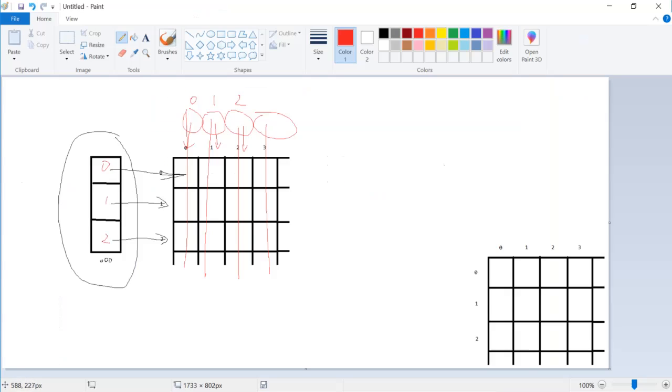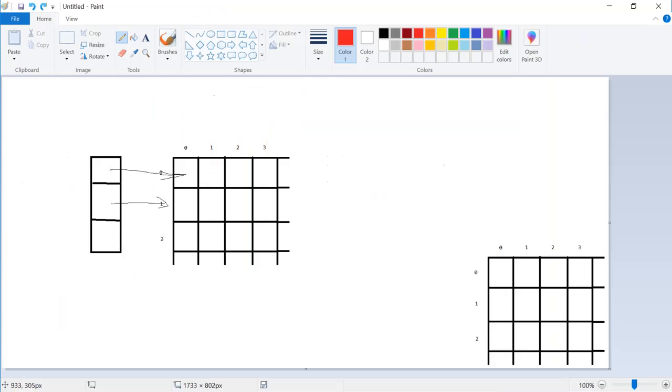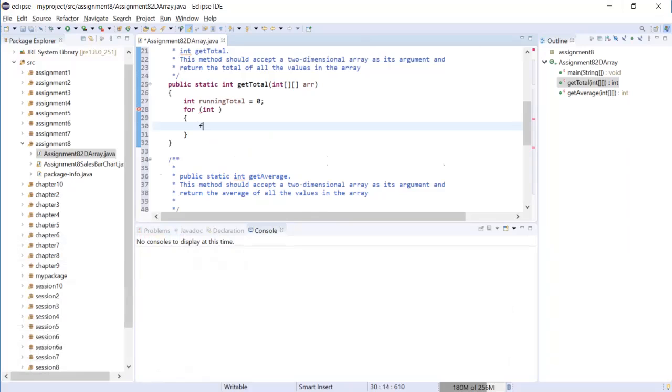So you will do one loop, two loops, three loops again and again. So these are two levels of loops, for int i equals 0 first, i less than